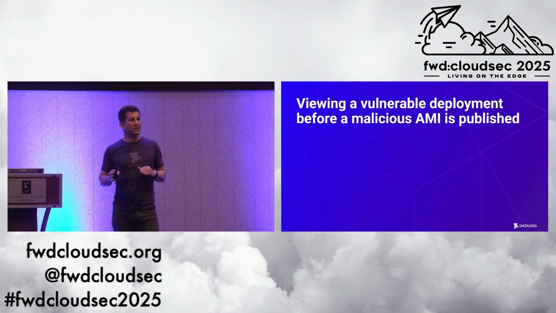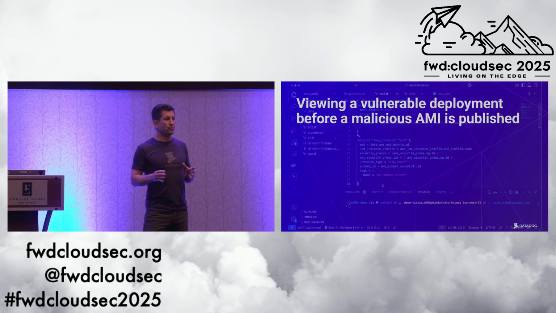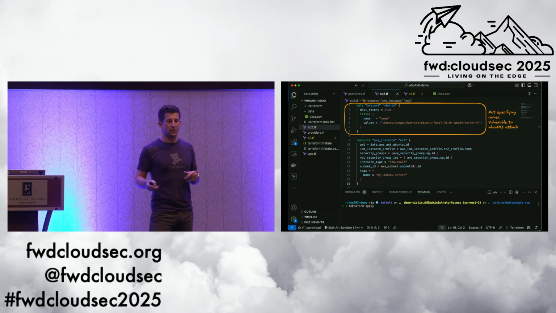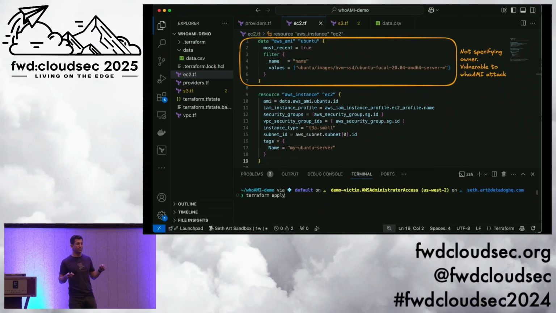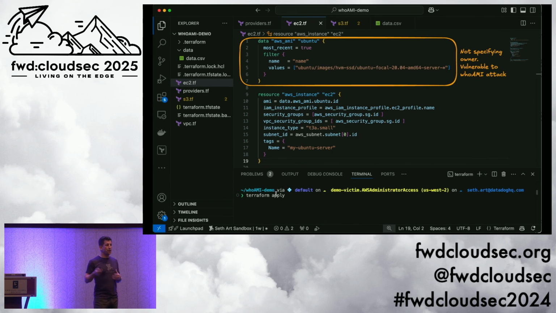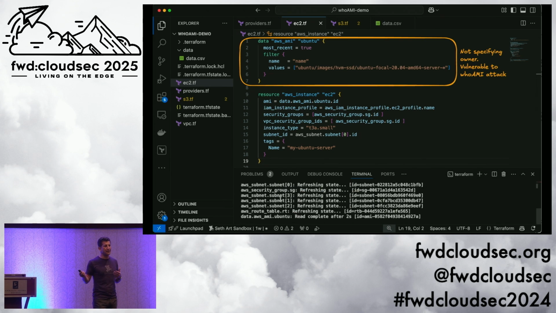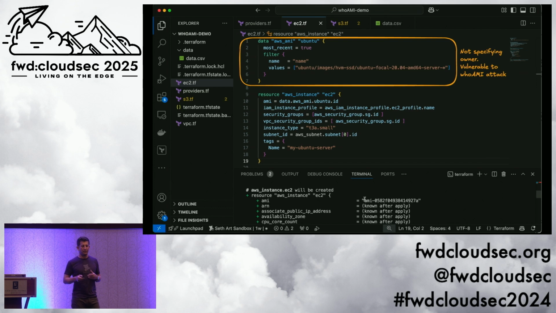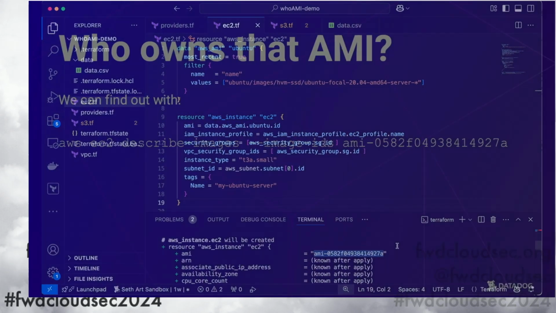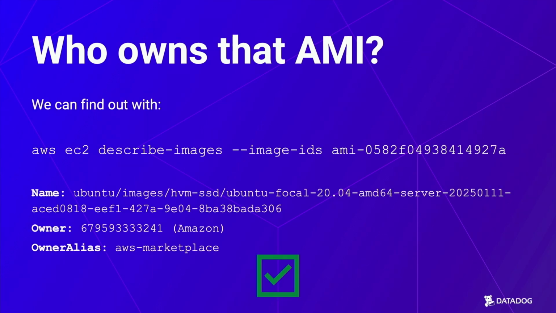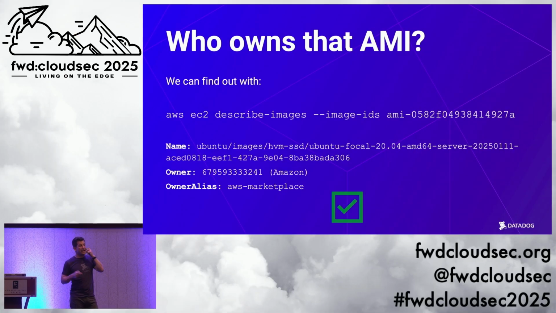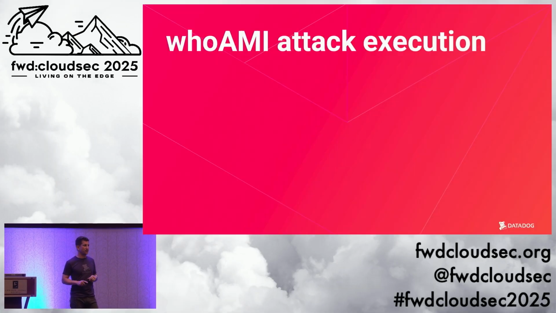So what I'm going to show you first is the vulnerable deployment before an attack has ever been executed. So highlighted in yellow, it's missing the owner's attribute, it's vulnerable, and they've just done a Terraform apply, the victim, but no attack has been executed, so they're going to get the AMI that they were looking for. And right here, the describe images happen behind the scenes. They're going to grab that AMI, and so what we're going to do here is we're just going to look, okay, yes, we're going to confirm manually that that AMI is from a verified account. So now let's see what happens when the attacker executes the attack.